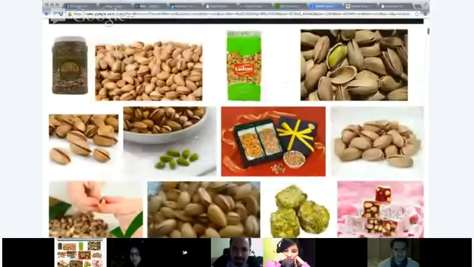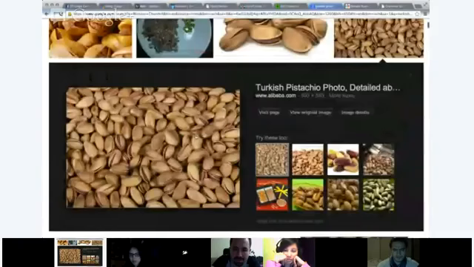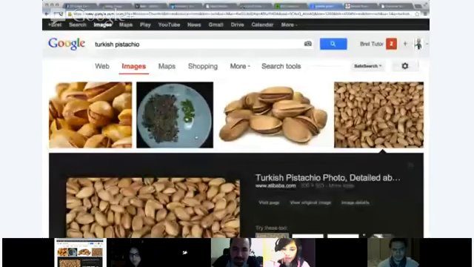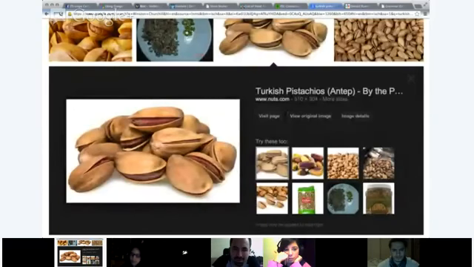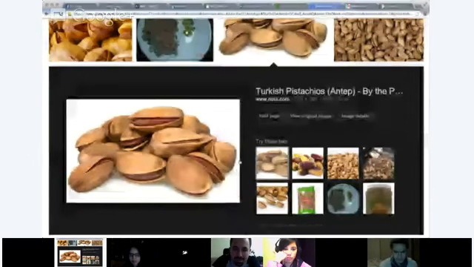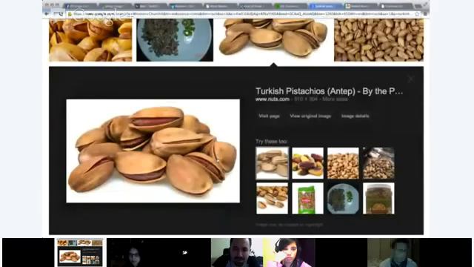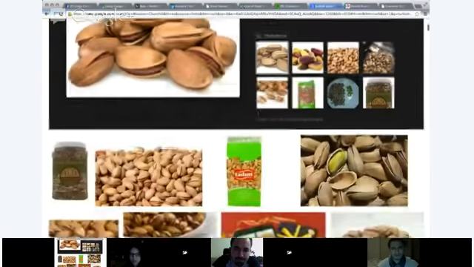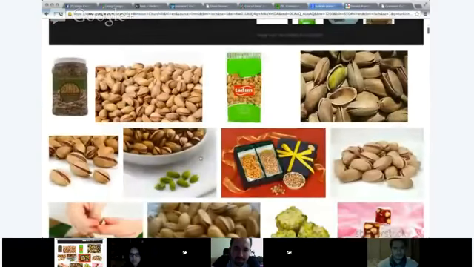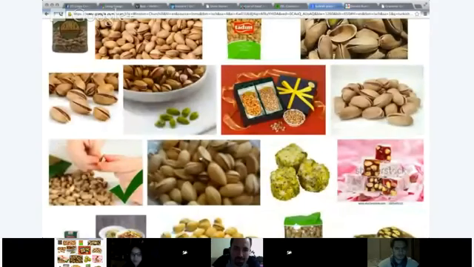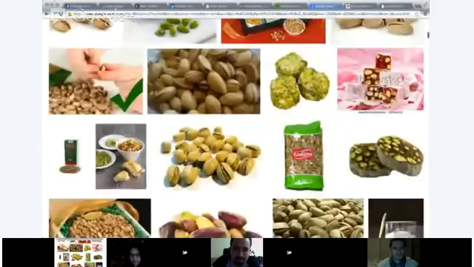Actually, they are smaller than California pistachio, but the pistachio fills the whole cover. It's not red, it's still green. However, the taste is a little bit saltier than California pistachio, and also it's very dense inside. This is maybe the reason it's more delicious. I don't know. Okay. Good. A little bit saltier, yeah.